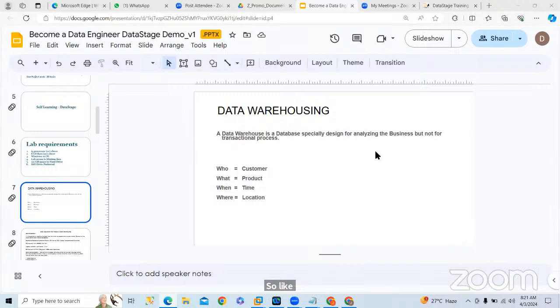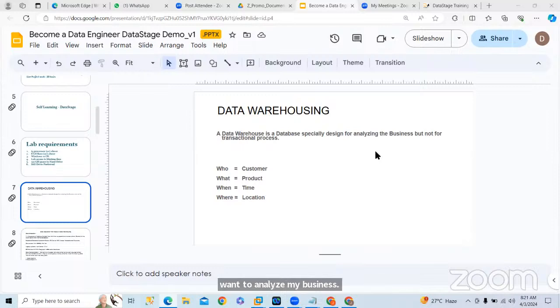And we can analyze the business product-wise. For example, if you're running a store and you have products, you want to know product-wise what the sales are. If you have a retail outlet like a hypermarket, we'll have different products, right? So I want to analyze the business based on product: what is the revenue generated in the last quarter, month-wise? We can do this kind of analysis in a database. That is the reason we are building this database. I want to analyze my business